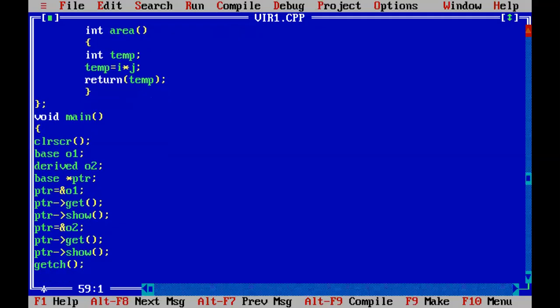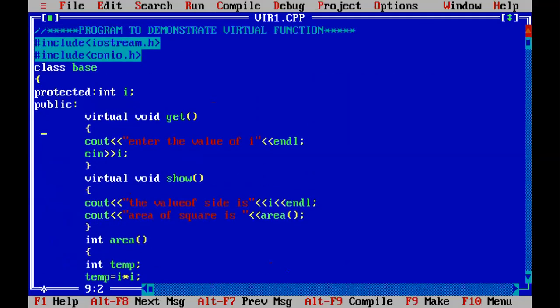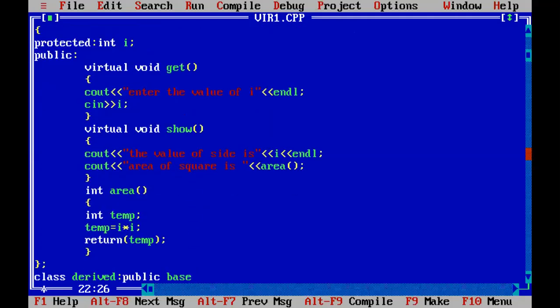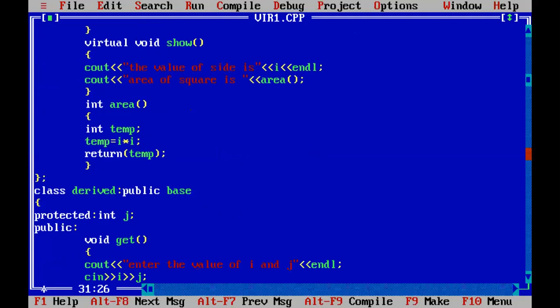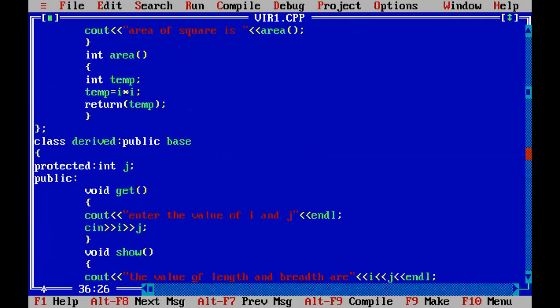I'm just going to quickly explain the program first. So as I told you, in virtual functions, whatever functions we have written in the base class, their definition is overridden in the derived class. So for a virtual function, we have to use the keyword virtual. Here we have used the keyword virtual and we have simply asked the user to input the value of I. Then we have again used one function show, in which we have just displayed the value, and then we have calculated the area of a square, and for the area of a square we have used simply side square.